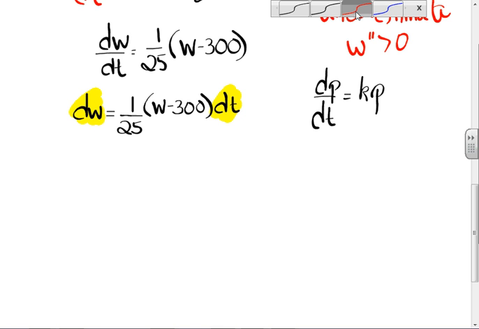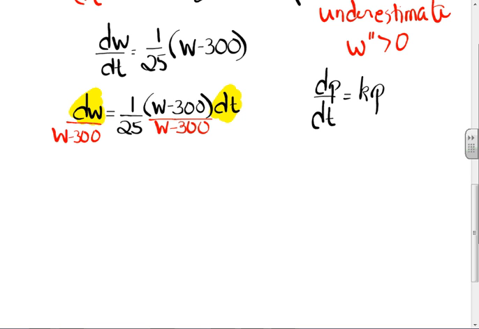I don't want w over here. Leave the constant where it is. Don't mess around with it. So I'll divide by w minus 300. Now you can put the constant on the other side, but then you have to worry about the chain rule. Artavan, question, and I know there's another question. I want w's all on the left side, t's all on the right side. So you say, well, there's no t there. You're right. What difference does that make? There's no t in this one either. So I get